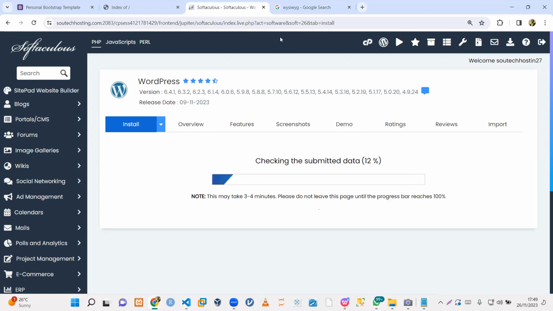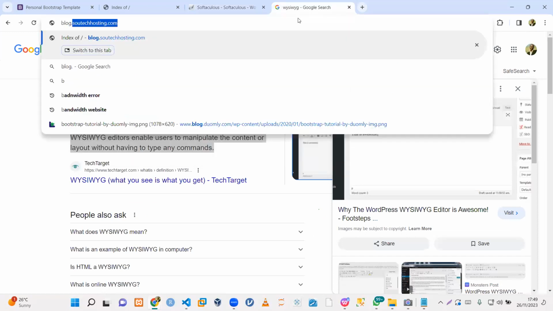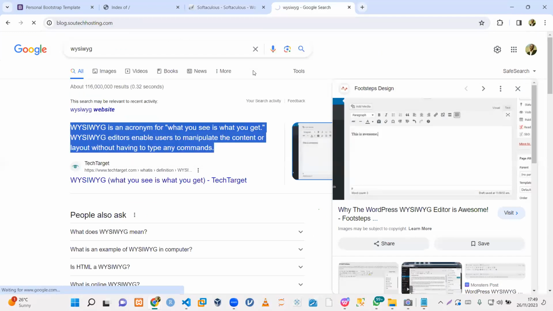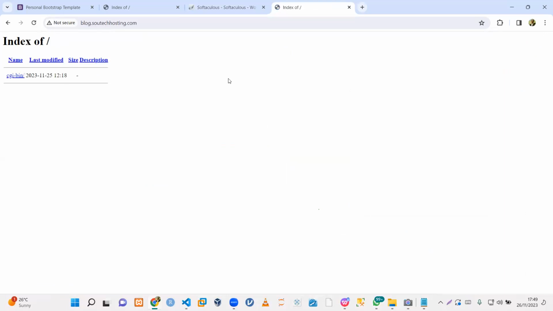Once it's installed, it means that blog.sartechhosting.com is now going to be a new environment. See the way it is now, blank. After now, it's going to become something else. So this is how it looks like now, just a second. And in a moment, after we do our installation,